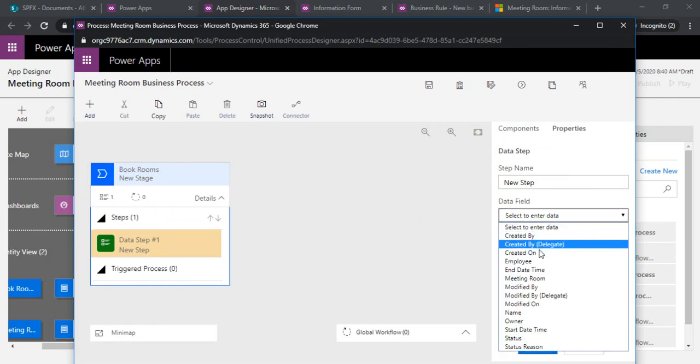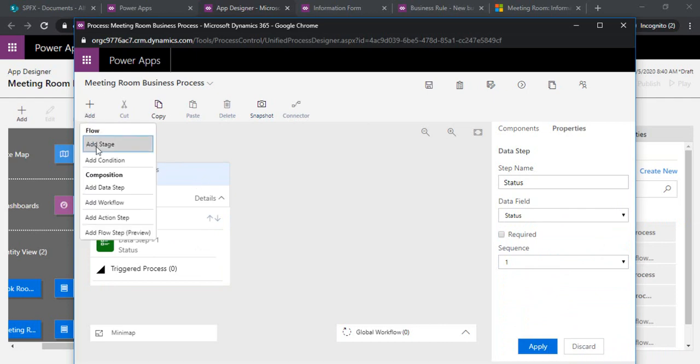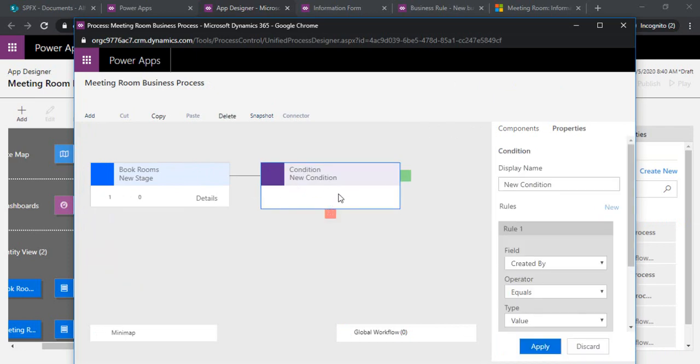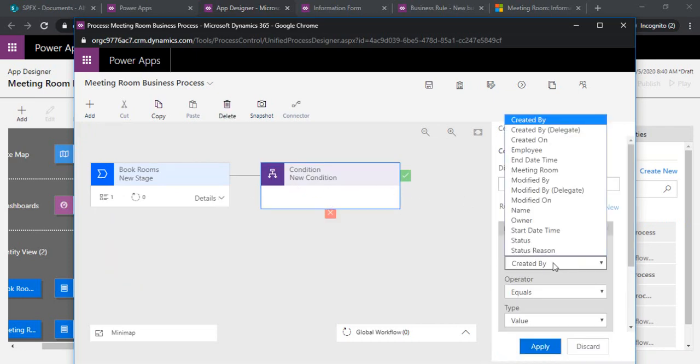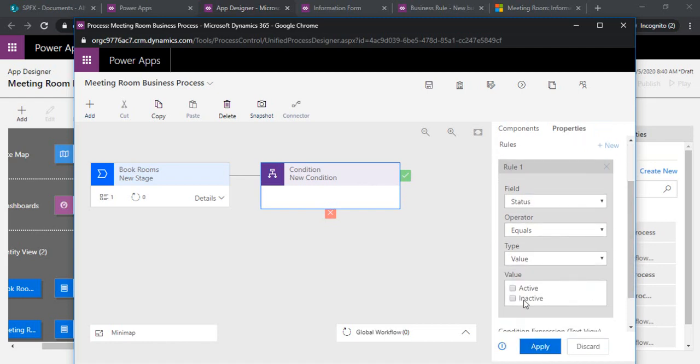For example, let's say I am capturing the status from the user. And after status, I can add, let's say, a condition. In the condition, let's say if status is active, is value, and I can choose is active,